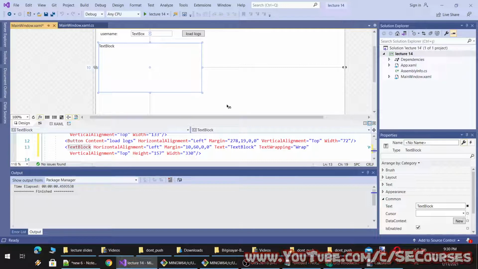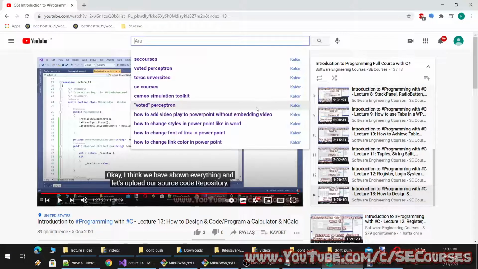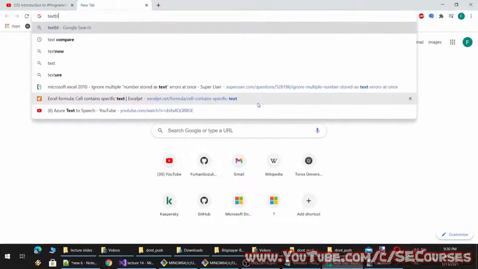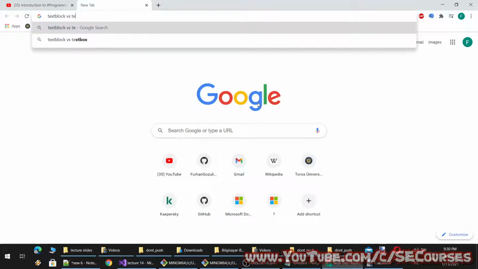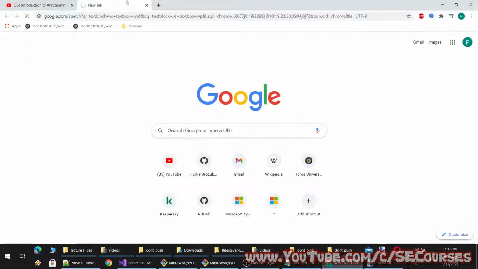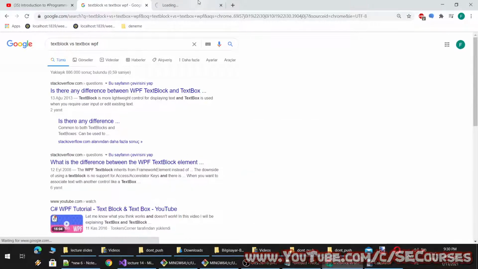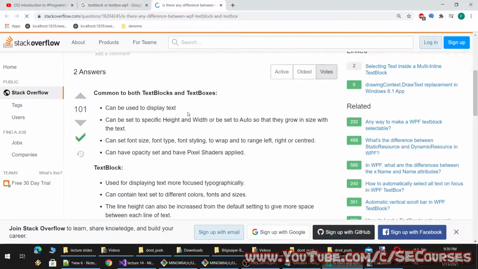So what is the text box and text block difference? Do you know that? Let's see what is the difference.